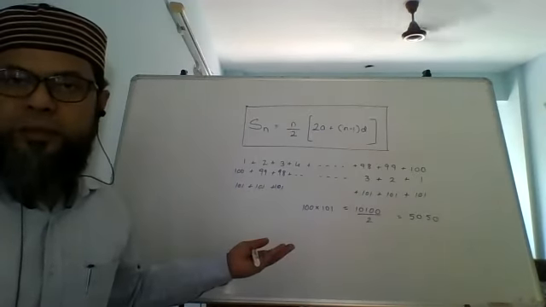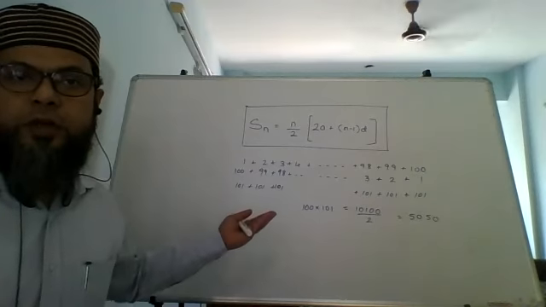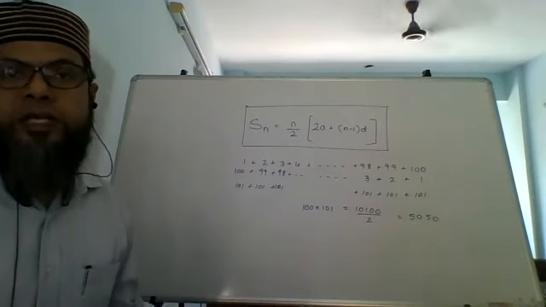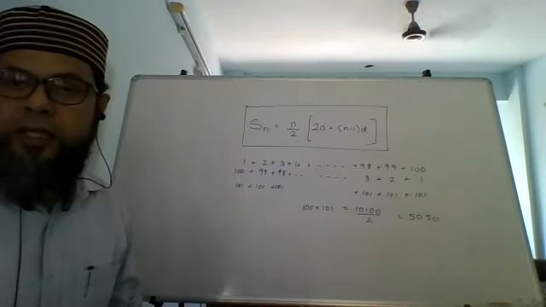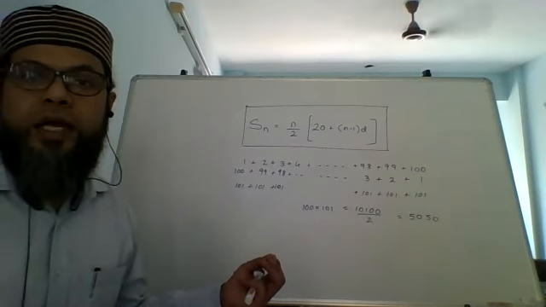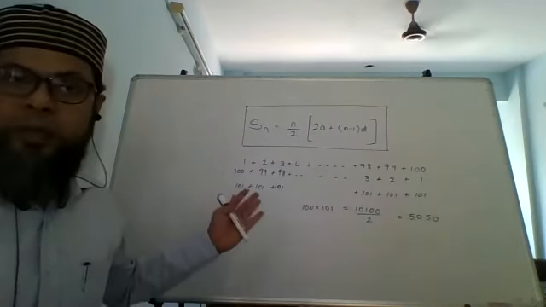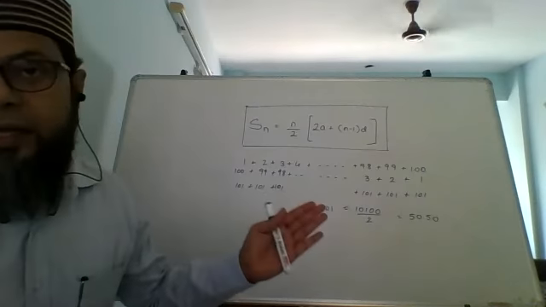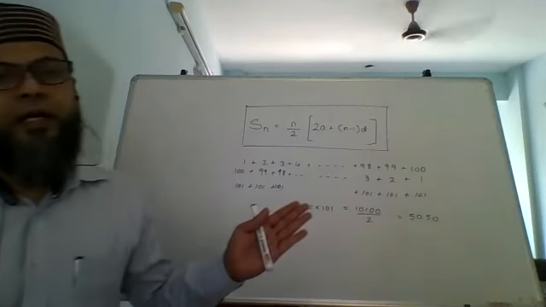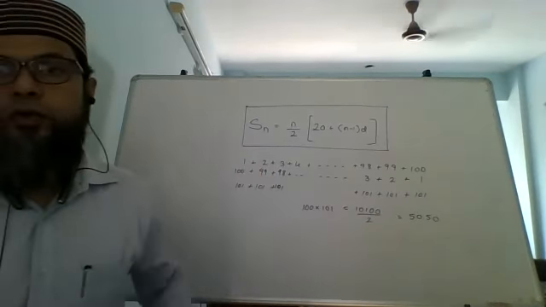Tn equals a plus (n minus 1)d, Sn equals n upon 2 into bracket 2a plus (n minus 1)d. बस और कुछ है ही नहीं. सिर्फ इतनी सी चीजें आप लोगों को याद रखनी है. अगर ये ठीक से याद रहेगा, तो कोई प्रॉब्लम नहीं है, और अगर आप आइडेंटिफाई कर पाएंगे कि व्हाट यू हैव टू फाइंड आउट, वंस यू डू दैट you can easily score full marks in this.